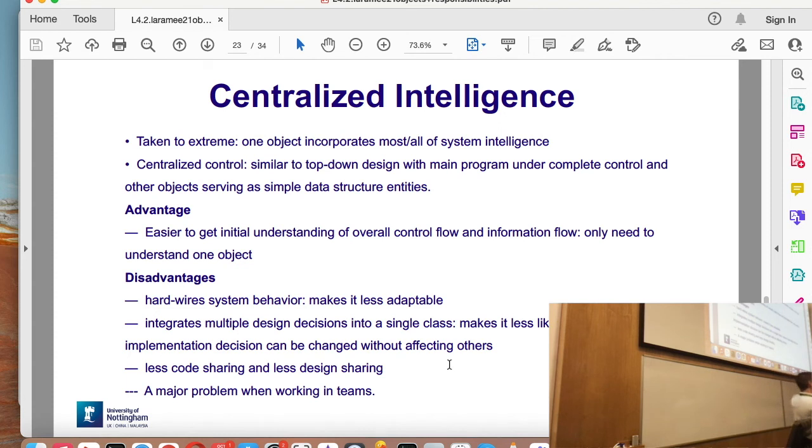There is an advantage to this, though. There are more disadvantages than advantages. But does anybody know what the advantage is to a program that starts at the top, has one method called main, and that's the only method, and then it ends 10,000 lines later? There is an advantage. Anybody think of the advantage?